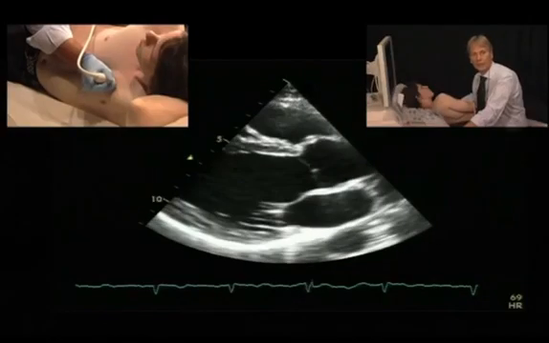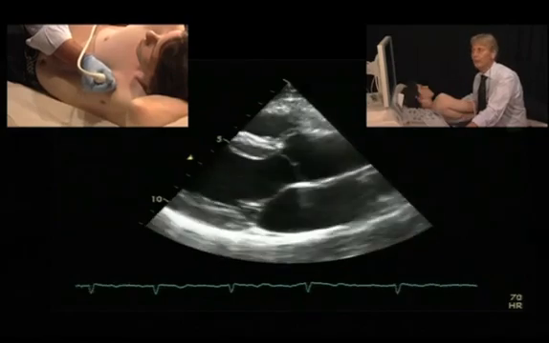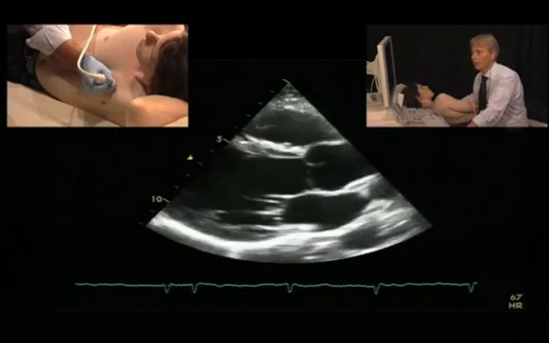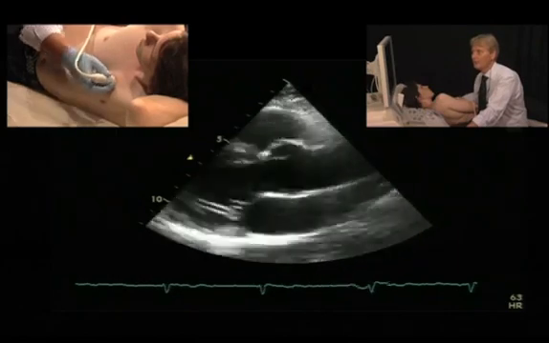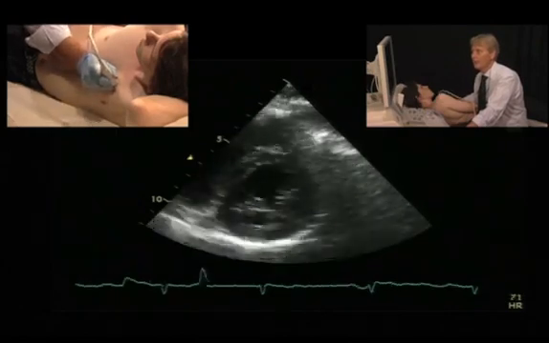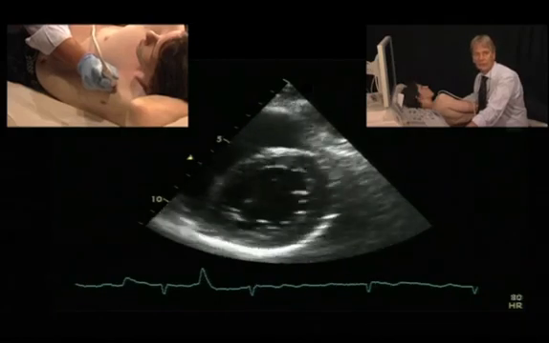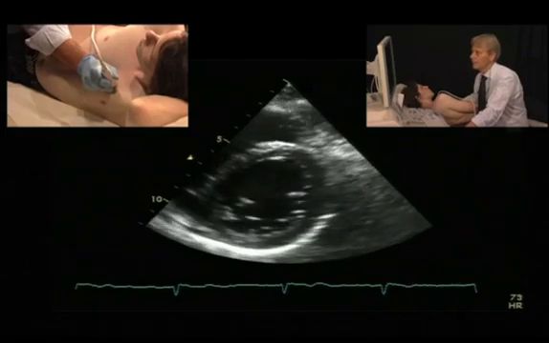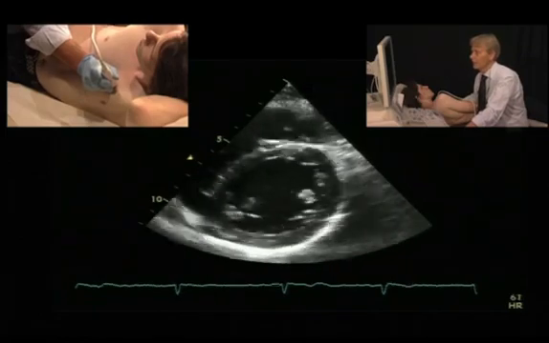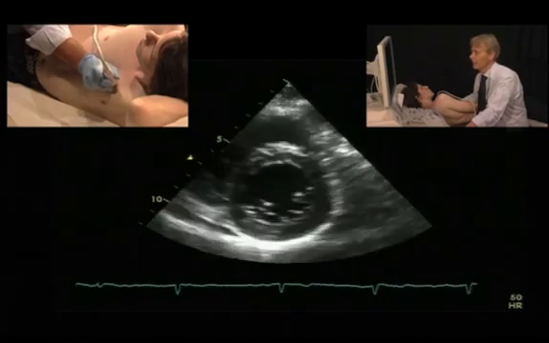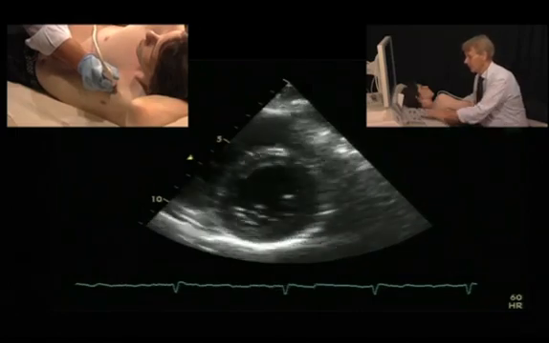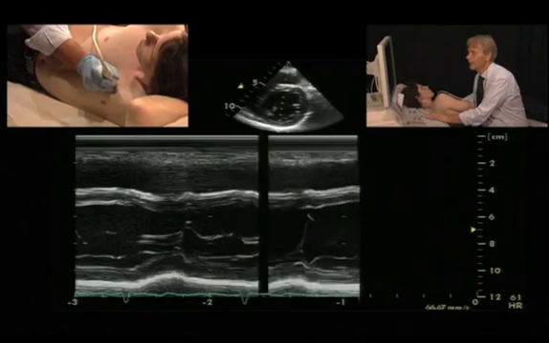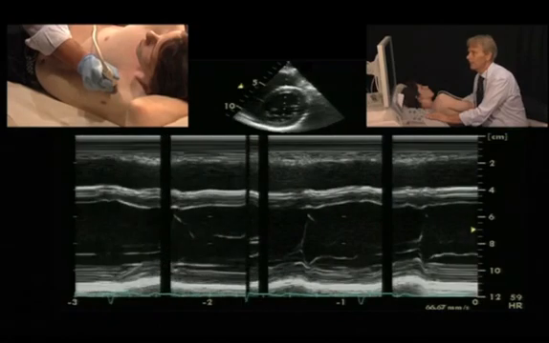To perform an M-mode measurement of the left ventricle, you need a parasternal long or short axis view. You can actually do it from both. I will show you how to do it from the short axis. So the first thing you have to look into is if the ventricle is really round. This is important for the reasons already mentioned. So once you have a nice view of the left ventricle, you will put the M-mode exactly through the middle of the left ventricle